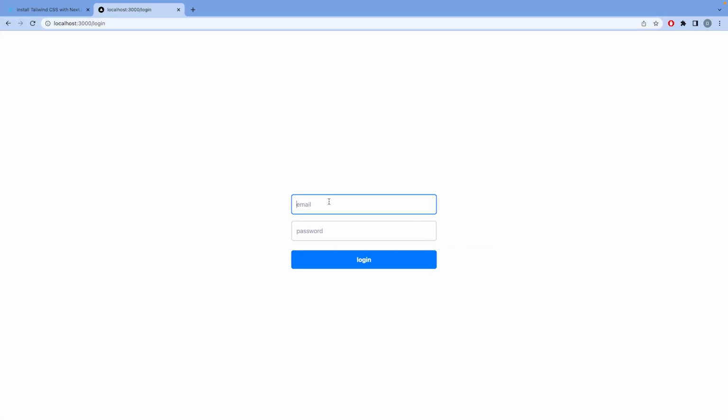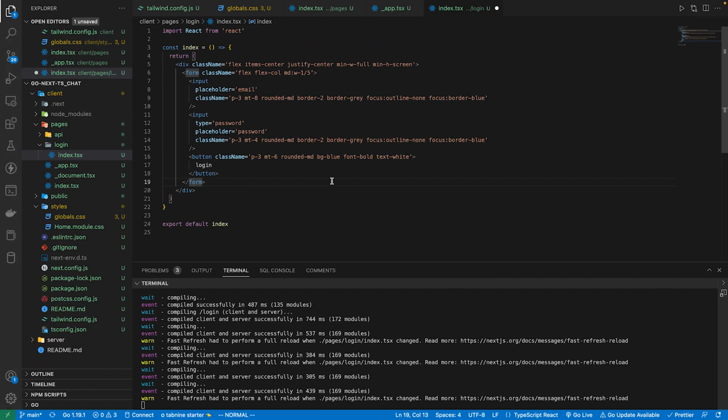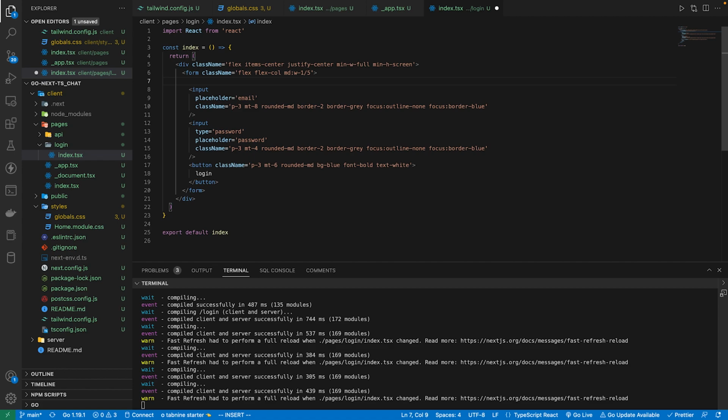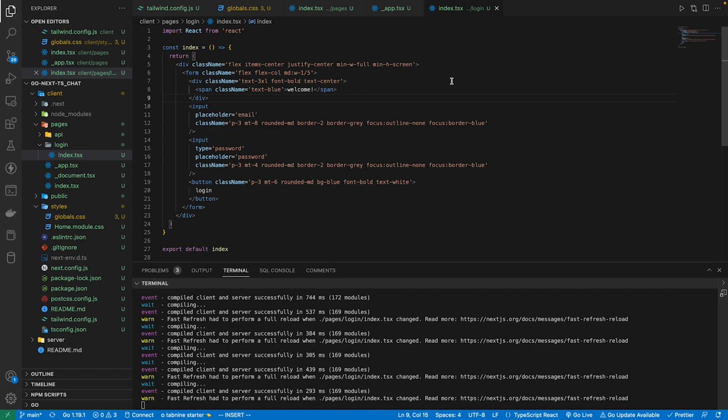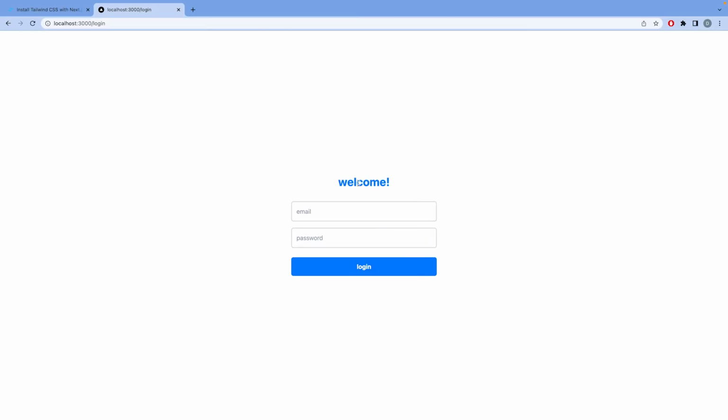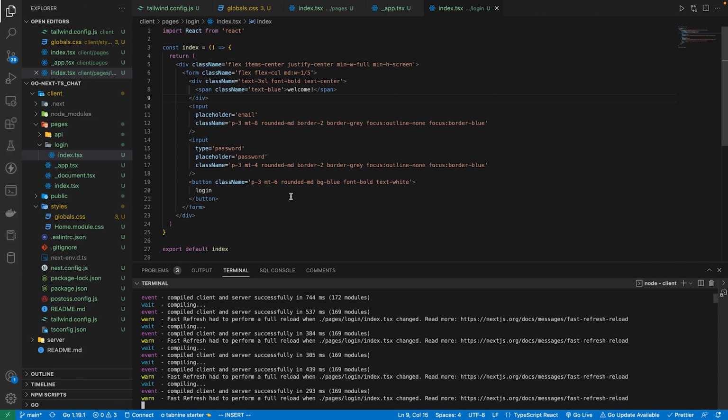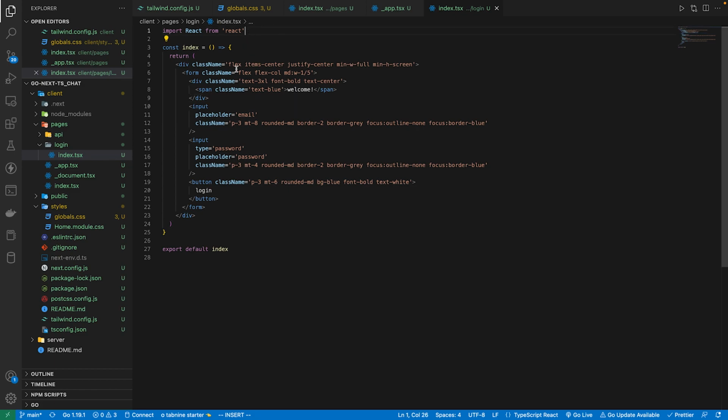And we can see the input fields for the email and password, as well as the login button. And I actually want to add a welcome message, which I'll just paste inside this form for the first input, to save some time. As you can see, we see a welcome message with the input fields and the login button. And the next thing we want to do is fetch the login API. So in order to do that, we need to read the values from the input fields and send it to the backend. And in order to do that, we need the useState hook